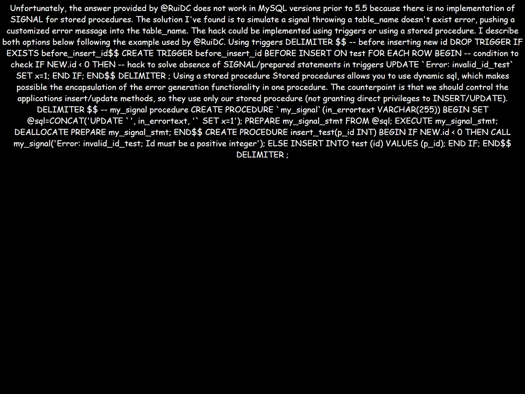Using triggers. DELIMITER $$. Before inserting new id: DROP TRIGGER IF EXISTS before_insert_id$$. CREATE TRIGGER before_insert_id BEFORE INSERT ON test FOR EACH ROW BEGIN. Condition to check: IF new.id < 0 THEN. Hack to solve absence of signal, prepared statements and triggers: UPDATE `Error: invalid_id_test` SET x=1; END IF; END$$. DELIMITER ;